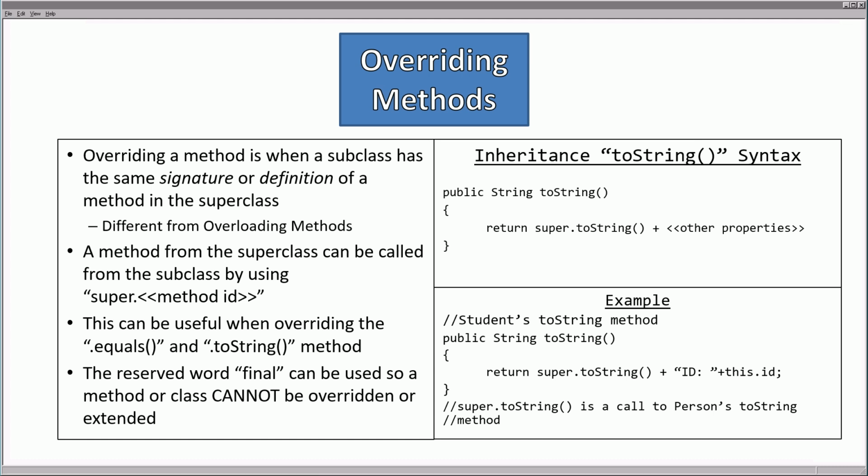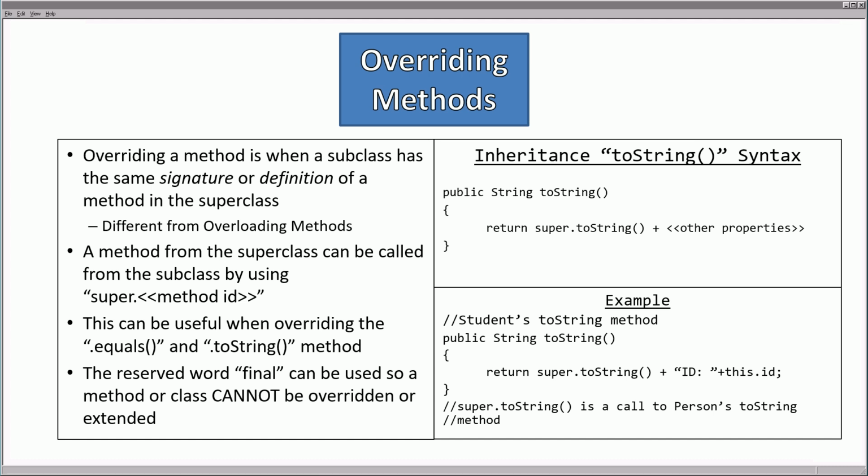In a previous lecture, we discussed overloading methods, where a method had the same name but different parameters within the same class. Overriding methods is when you have the exact same definition or signature in the subclass that appears in the superclass. What this does is it overrides the superclass's version. Along with that, it can be very useful to call the superclass's version by using super followed by the